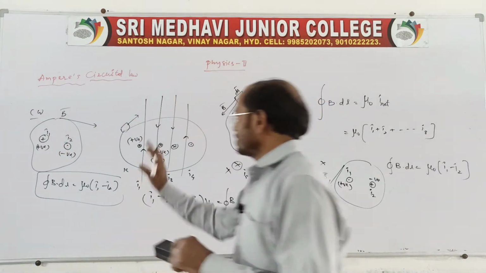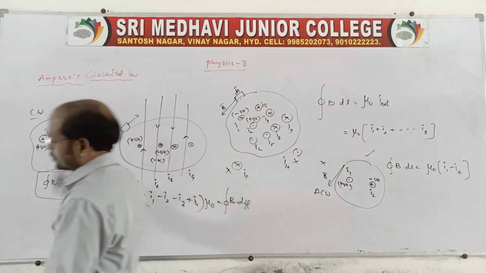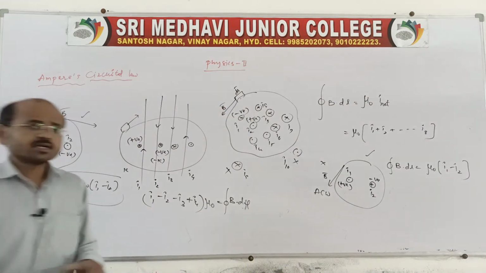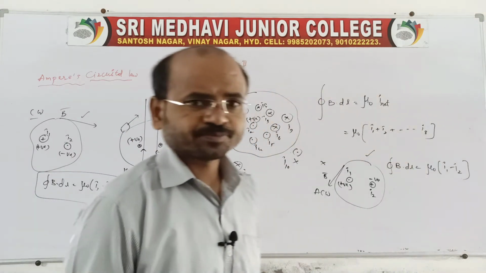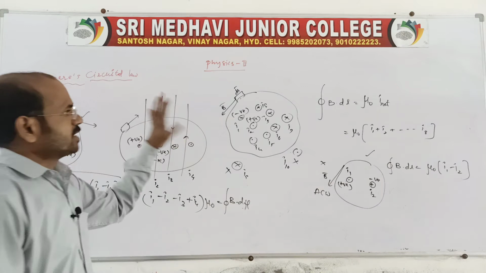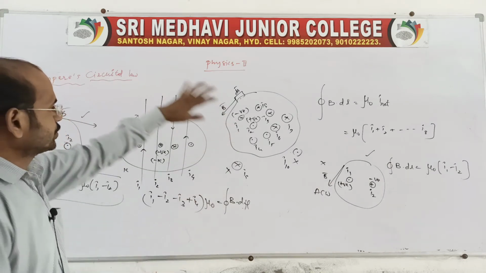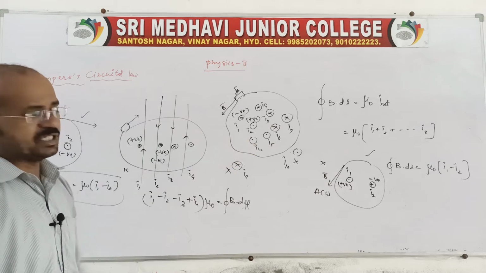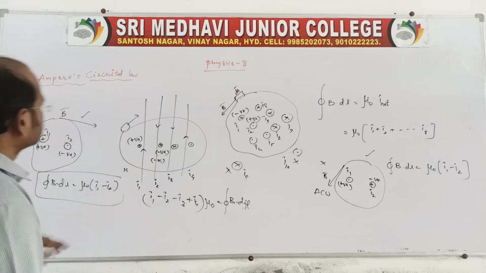Here, you remember, these are the very, very important two. This one is one and there is one more. So this is all related to what? It is only related to Ampere's circuital law. This is for 4 marks. Clear? You need to write all this information. Is it okay? This is about Ampere's circuital law.